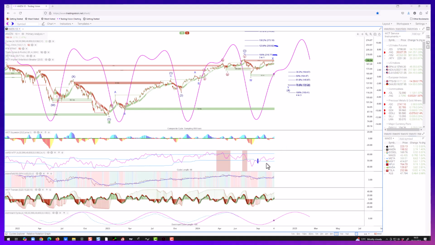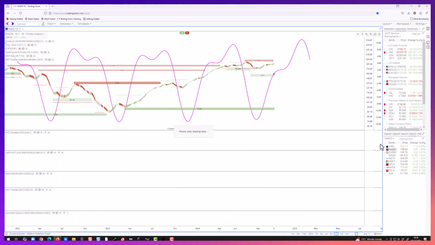On the last signal, we got a CRSI buy, we've got a daily squeeze in force, and we're on a Mansfield buy, and the trend indicator is still pointing up in Amazon, indicating that this is not yet done. So although it's expecting it to pause here, and the pattern from an Elliott perspective is a real mess, I wouldn't preclude maybe an ABC, A, B, C, and we get a deeper 2, and then we finish the pattern. But Amazon still looks like it's got more upside, just not quite yet.